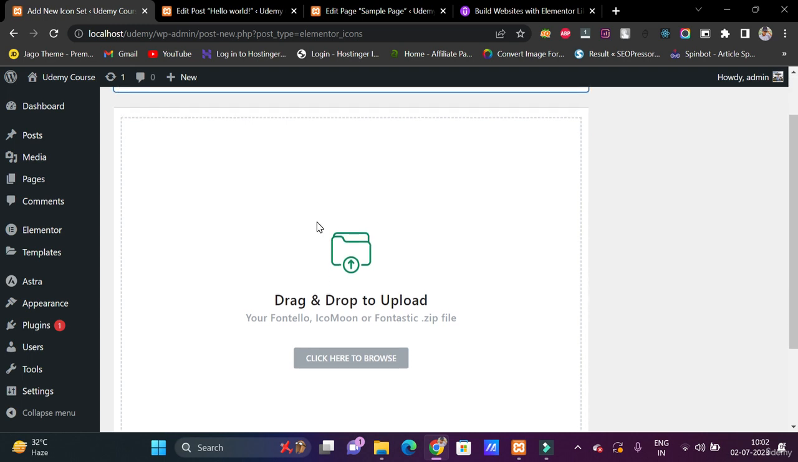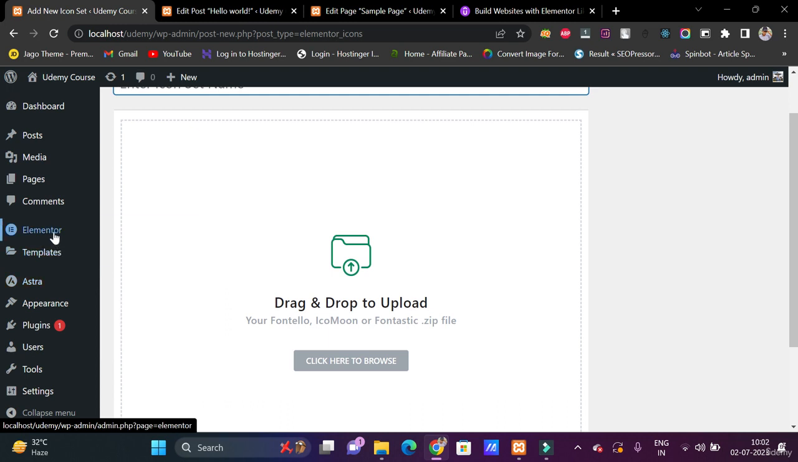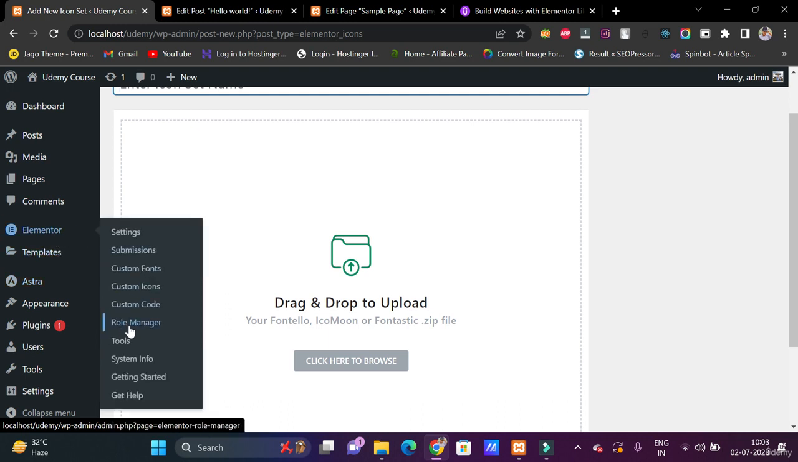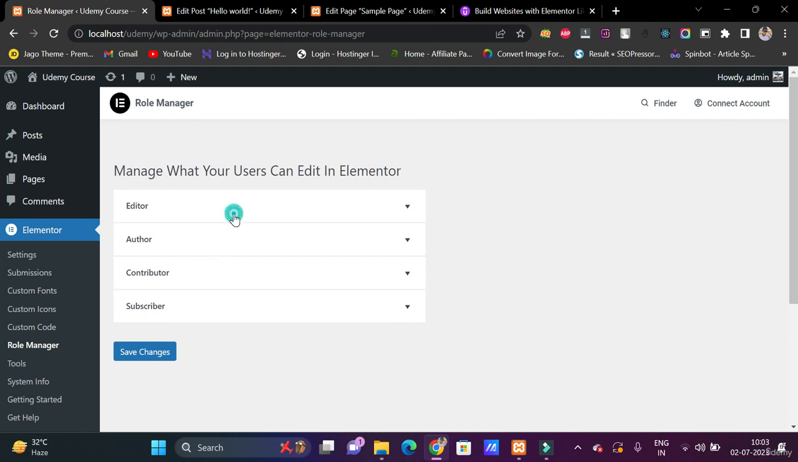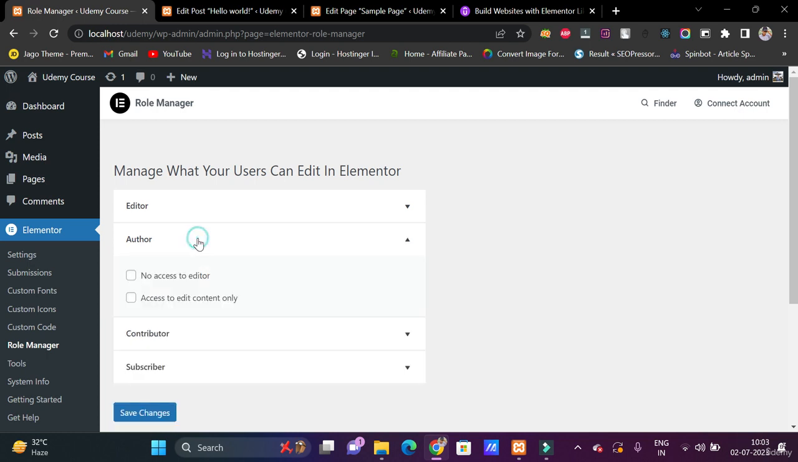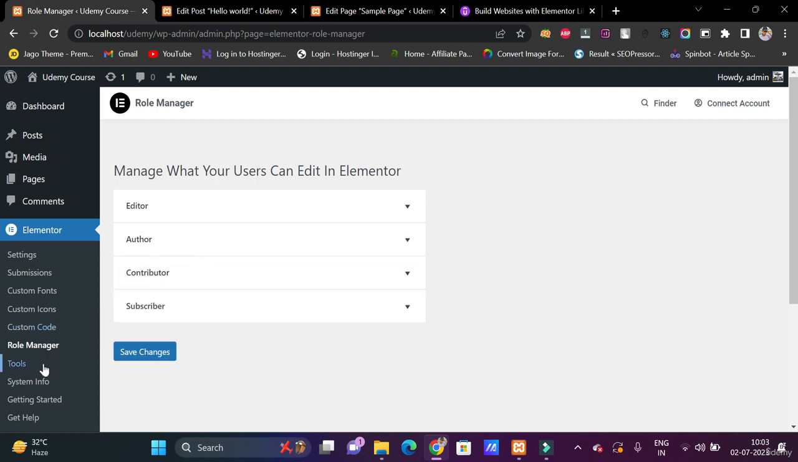Okay, after that in the left section you can see the role manager. If you want to give your Elementor access to a subscriber, contributor, author, or editor, you can do that according to what you want. Okay, in the tools section,